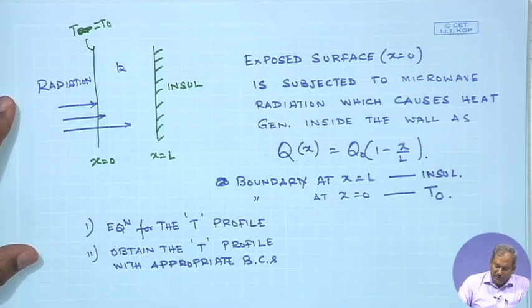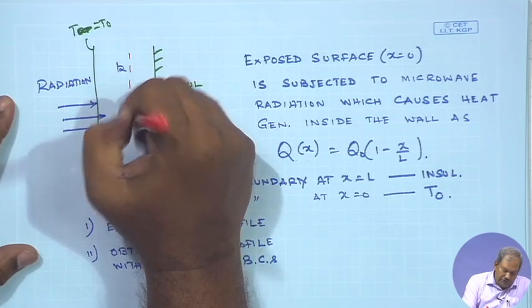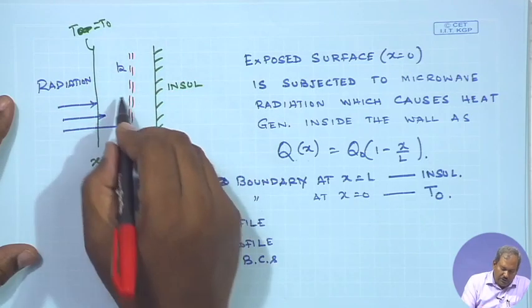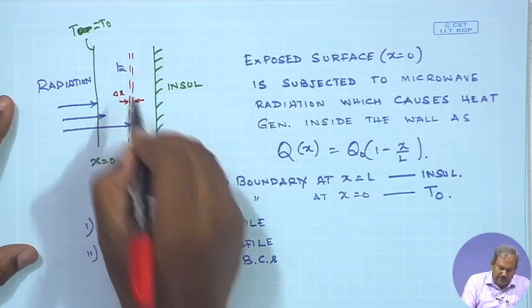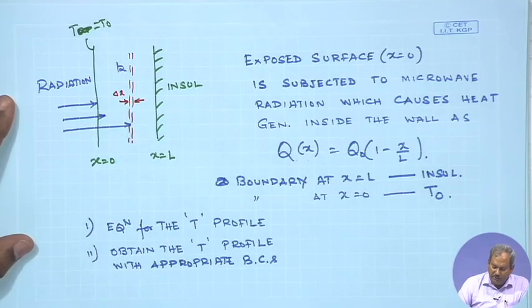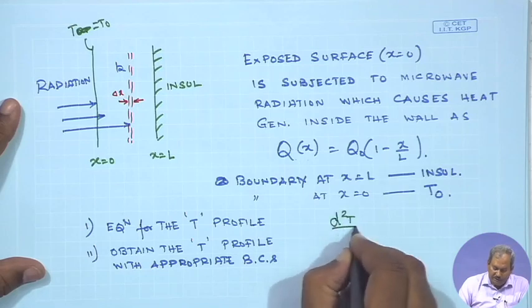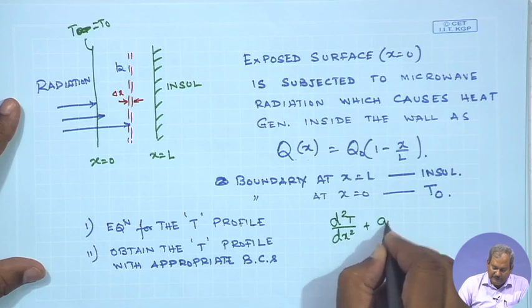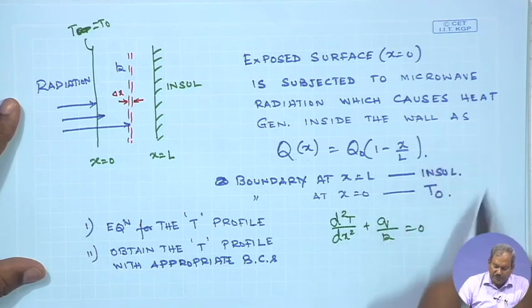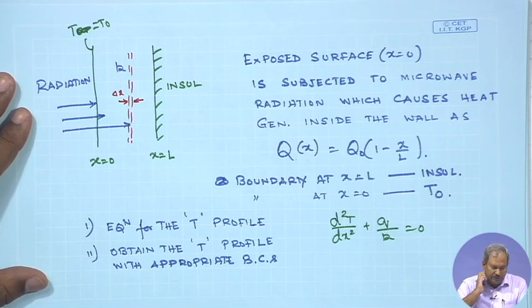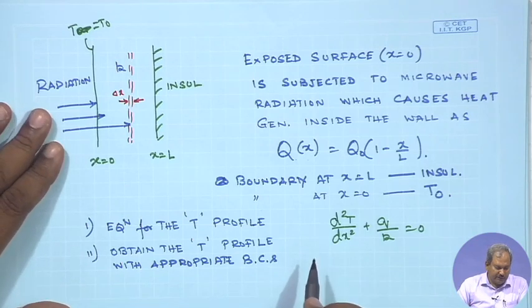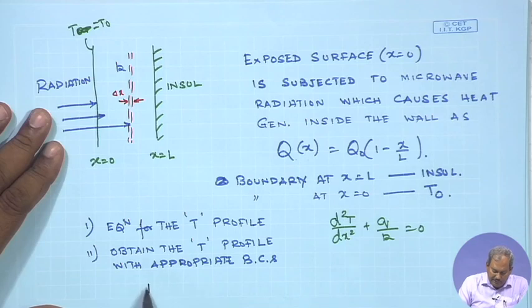So, as before, you can either think of a thin shell of thickness delta x and do the balance, or since it is a conduction only case, you can directly write the governing equation d2T by dx2 plus q by K equals 0. Put in the expressions, integrate, use the appropriate boundary conditions, which I would not discuss, and the answer that you should get is T minus T naught,